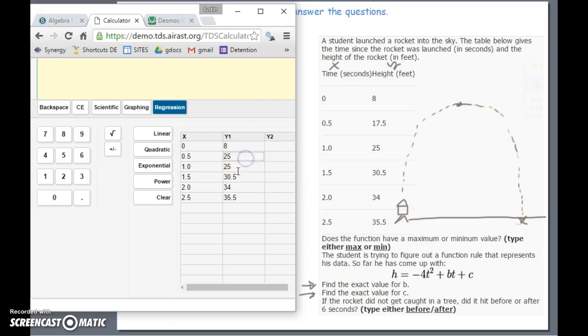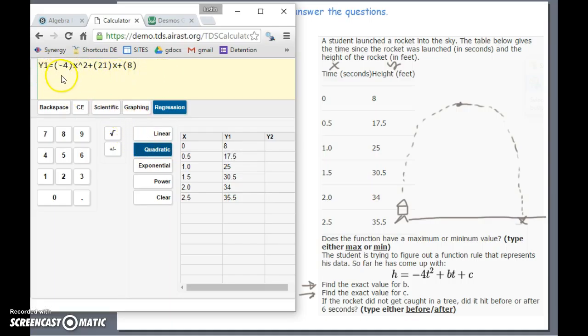And actually the second value is also wrong. 17.5. So I've got the table as it was given to me with the corresponding coordinates lined up with each other. Now after I've typed it in, all I'm going to do is hit quadratic. We want to know the regression of this table for a quadratic, and when I hit quadratic, you'll see up in this bar it gives us our